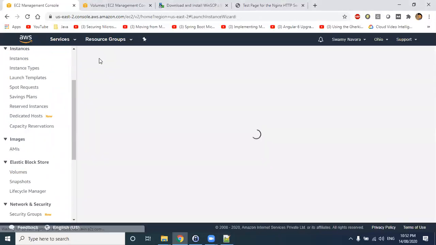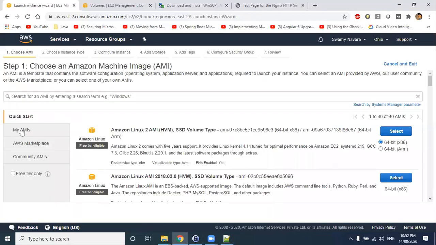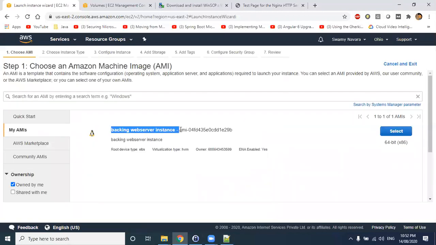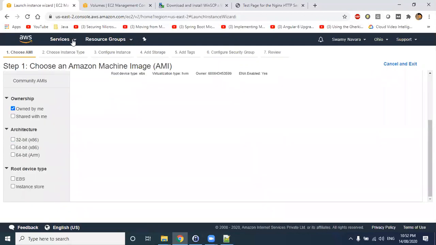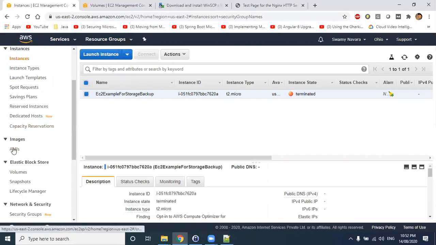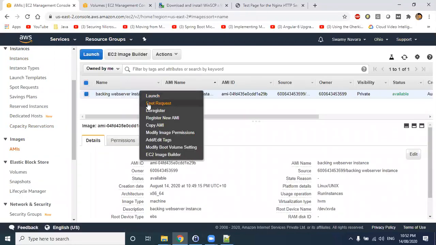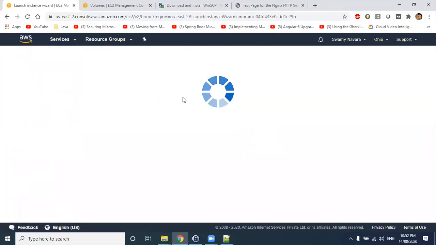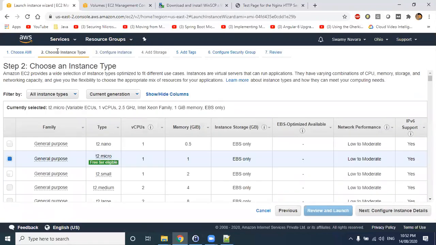Either you can click on launch instance, and after launching the instance, you can select from My AMIs. You can see the AMI created here. Or go to AMI, right click, launch. From here also you can select, so that directly it will come to step 2.